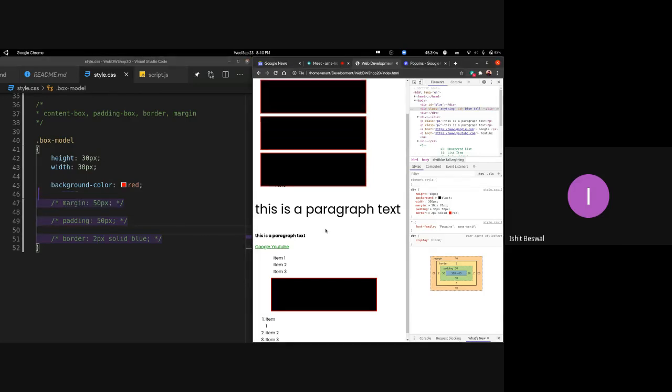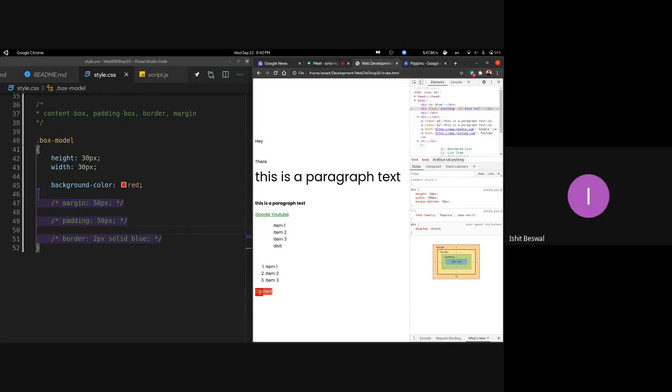So Anand, if you can just reload the page to show this div. Right, so let me just increase the size here. Let's make this 150. Right, so now you can see that there is a square div of 150 by 150 pixels and there is some content in it. Now we can give a margin of 50 pixels to it, and you can see that the space around the div, outside of the div, gets the property of margin, which is a spacing of 50 pixels on all sides. Right, so can you just reload?